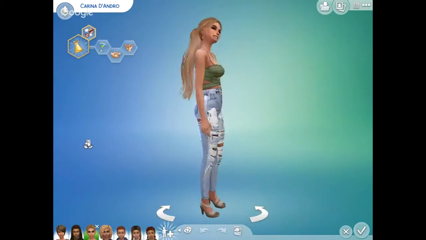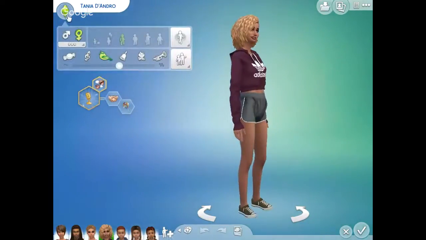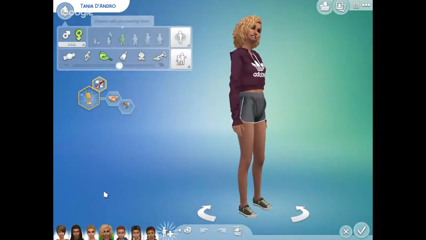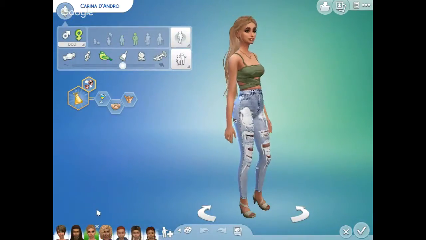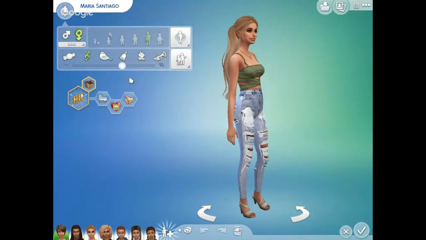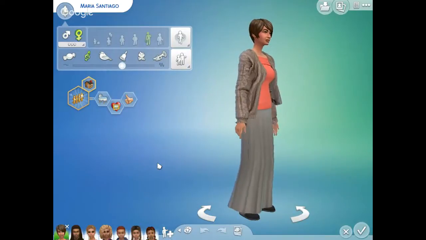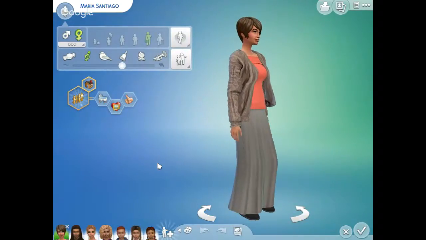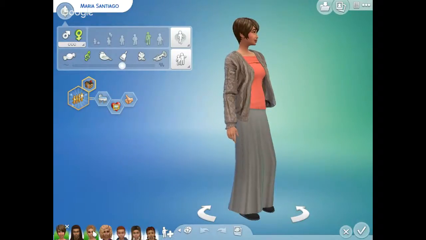Anyway, so the backstory to this is, as you can see, Tanya's a teenager. Karina is a young adult, and Maria is an adult. Basically, what I'm trying to get at is Karina was a teen mom when she had Tanya. That's why they don't have such a big age difference.